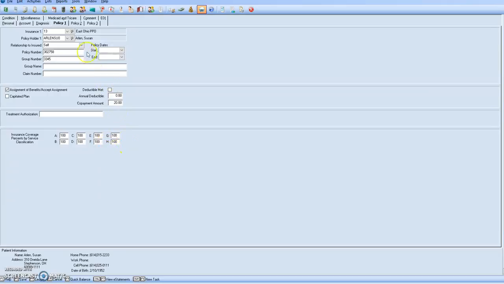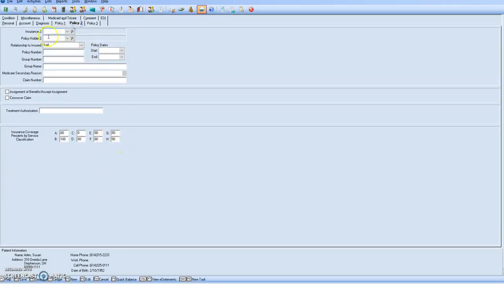Okay, so that takes care of policy one. Policy two is the same with the exception of there's a little bit less, and there is this box called crossover claim, and you'll see that defined on page 177 as whenever we process Medicare and Medicaid, the payer